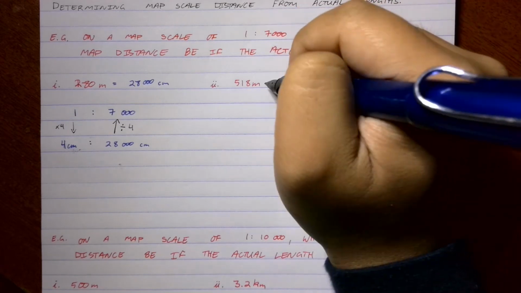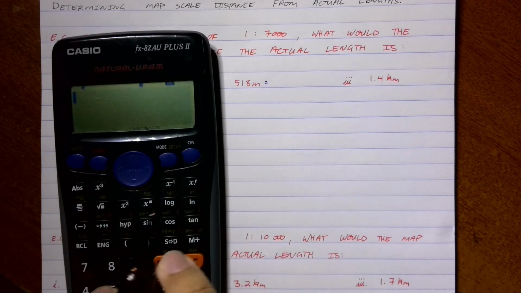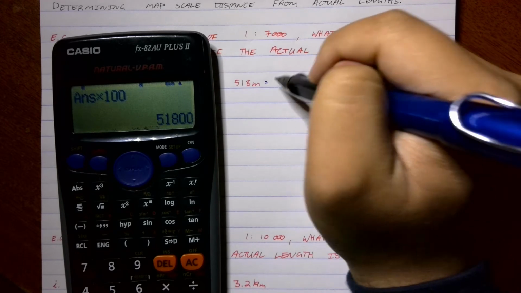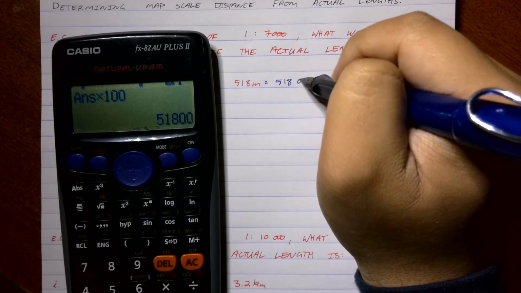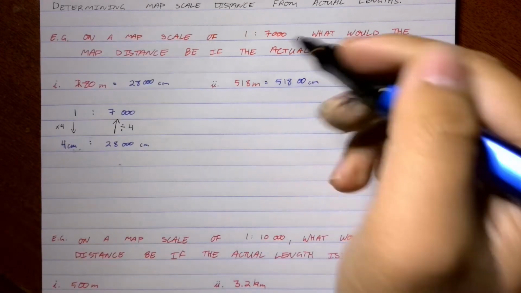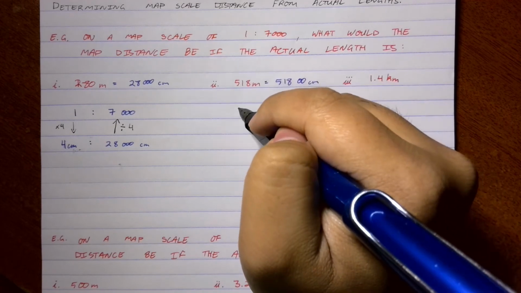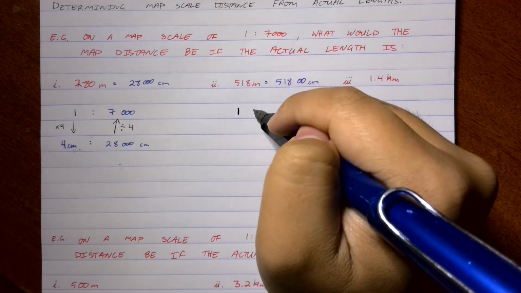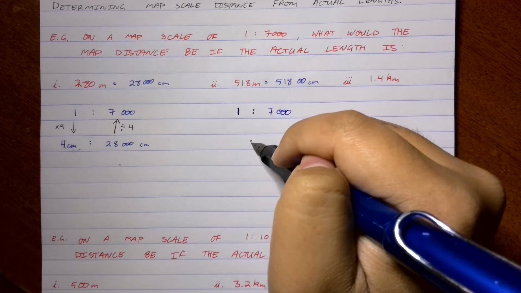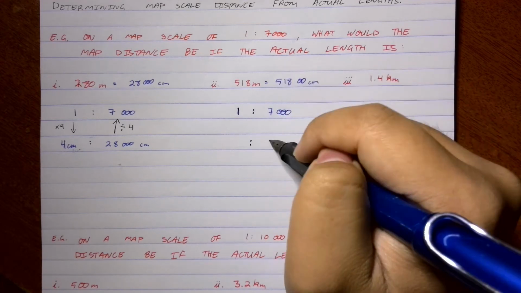So the first thing we need to do is convert this into centimeters. So 518, that's meters, times 100 gives us centimeters. So 51,800 centimeters. Now, using this value and the scale, we can find out the map distance. So here's our scale, here's the map distance, here's the scale, here's the actual distance. Underneath this, we need to write down what we are given. So this is